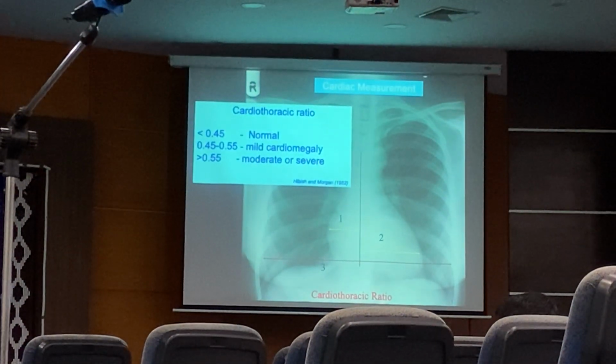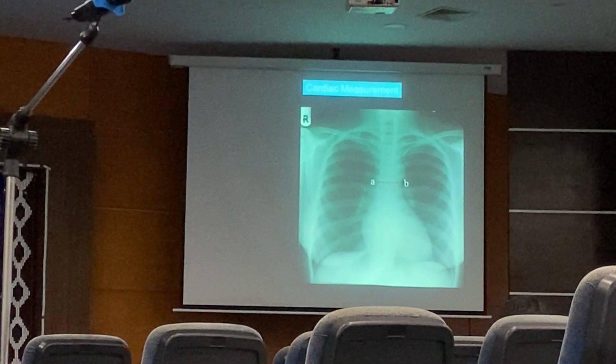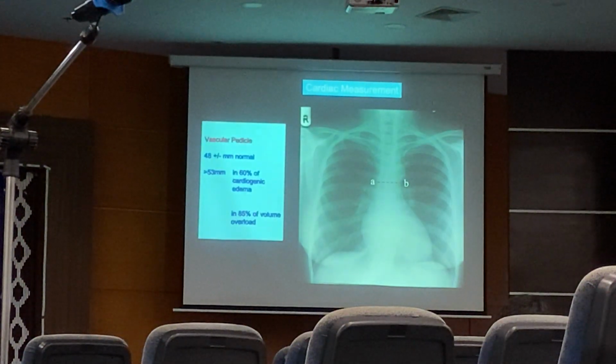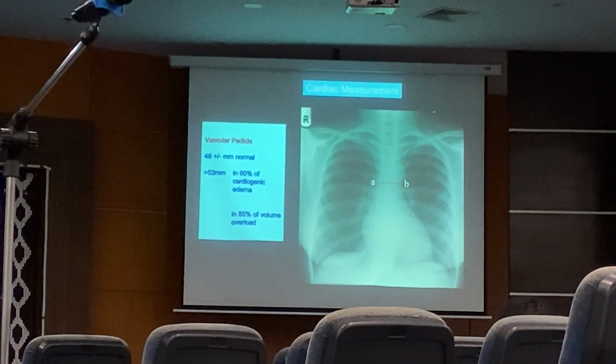So again, if you're going to read the book, statistically speaking, 0.45 is normal, and it's the range of 0.45 to 0.55. To make it simple, we use 0.50. So another cardiopulmonary measurement that we usually utilize is the vascular pedicle. So it is said if your vascular pedicle is greater than 48 millimeters or greater than 53 millimeters, then most